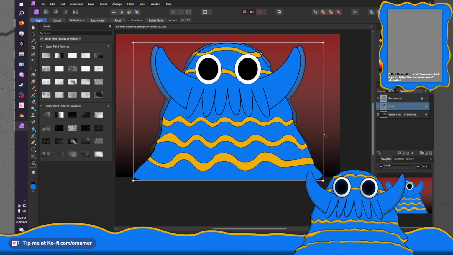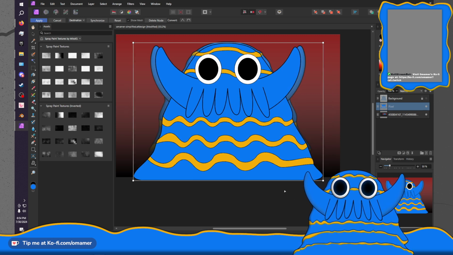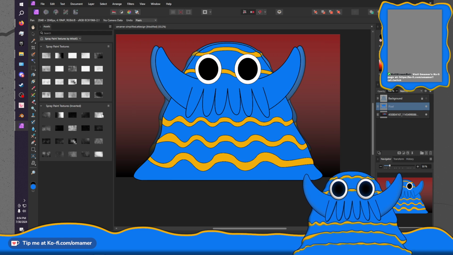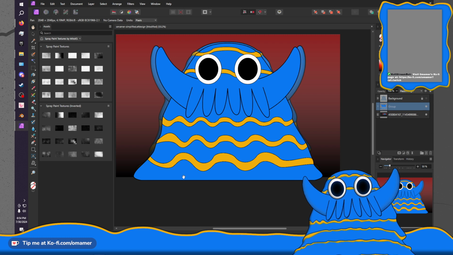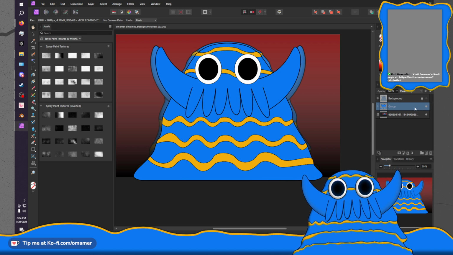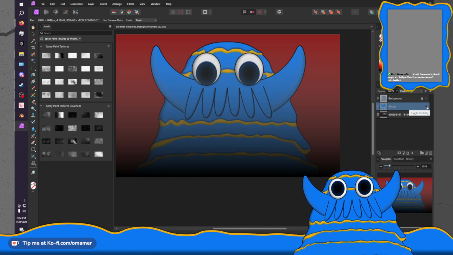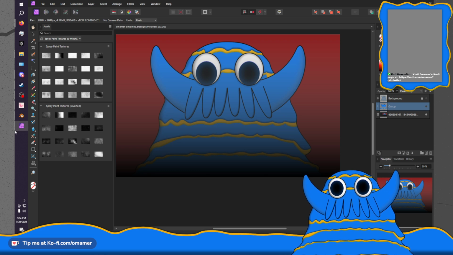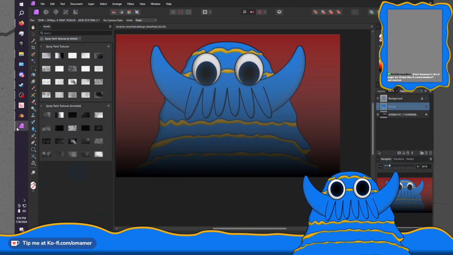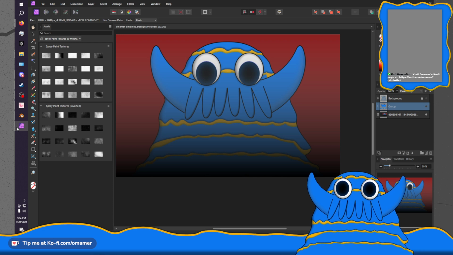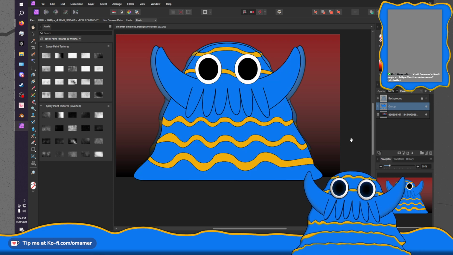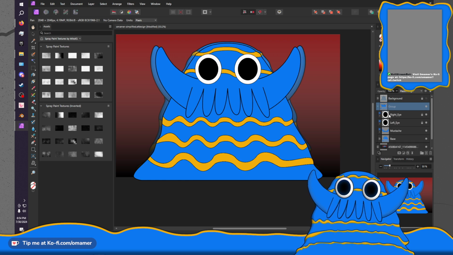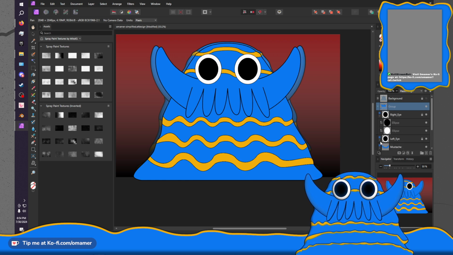Oh crap, doing that. Okay. So how did I do this one before? Because I needed to be able to move the eyes. Whatever. Let's start with putting the eyes in position. Maybe that'll...